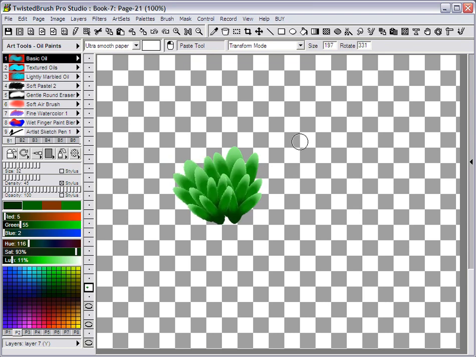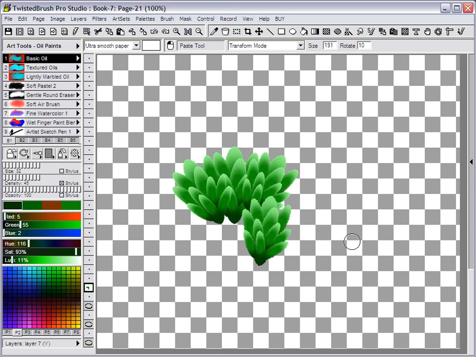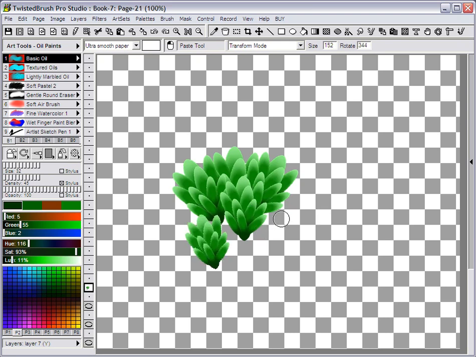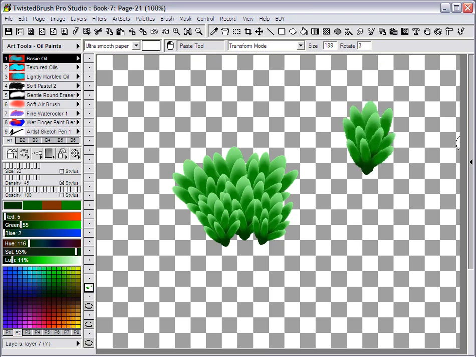Can again click and drag to change its shape and orientation. Control key to move. And we may want to do a different design as well, which kind of keeps a